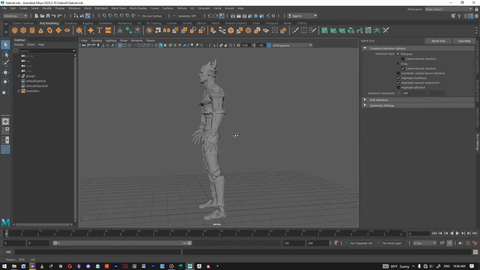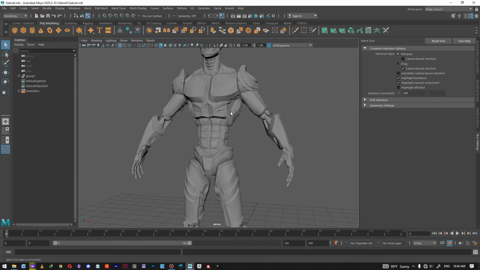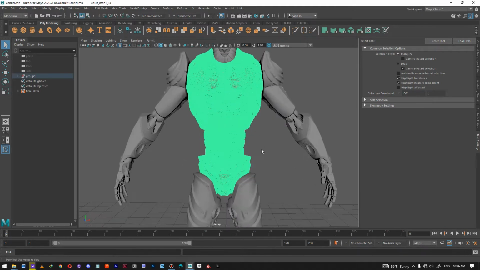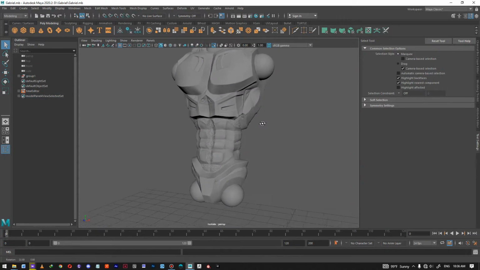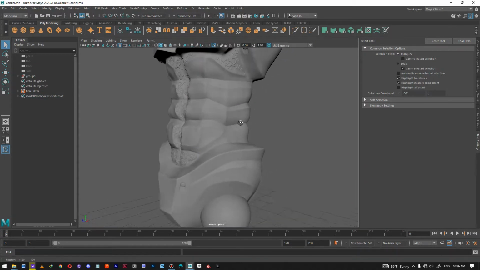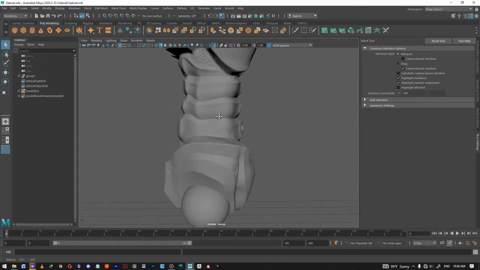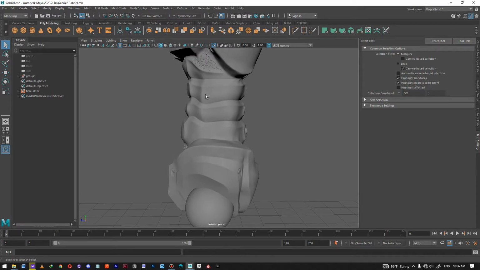And there's a few things that you need to understand before I get into the actual retopology. The first one, and probably the most important one, is the concept of edge flow. And let me just grab the torso here and Control 1 to isolate it. So the edge flow is the idea that the way you're going to place all your geometry